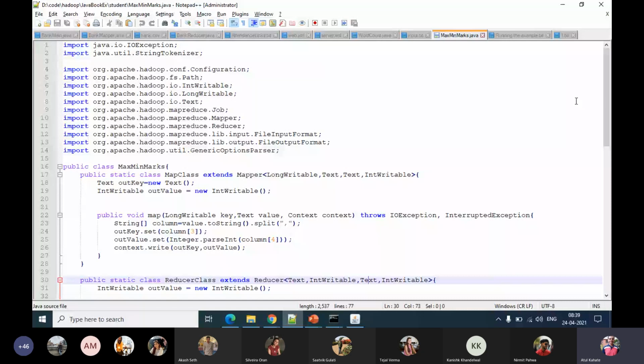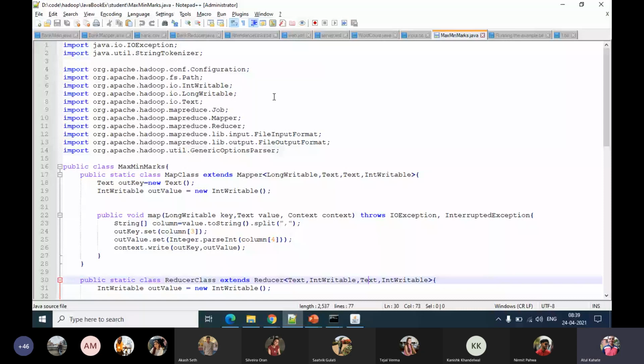Most of this part will also be more or less the same. It just depends on what we are reading and writing. So as I said, instead of text or int writable, if you are using other data types, some of the imports may change. Otherwise, this will be, I'll say, close to about 90-95% the same, unchanged.